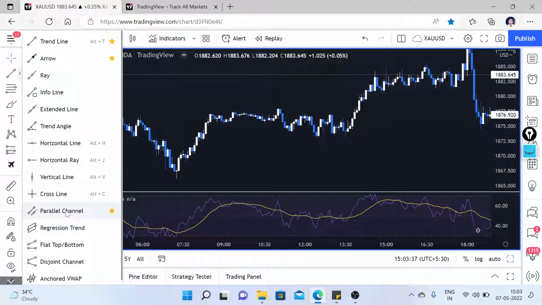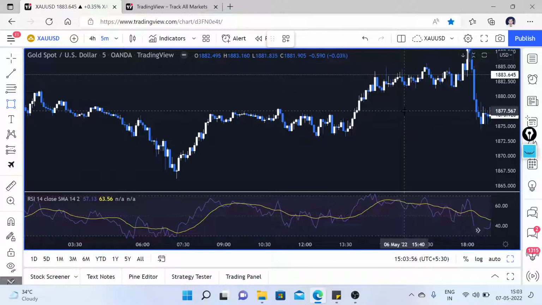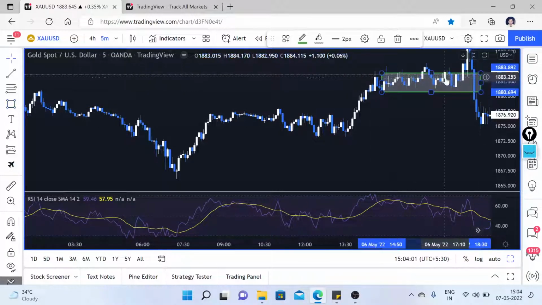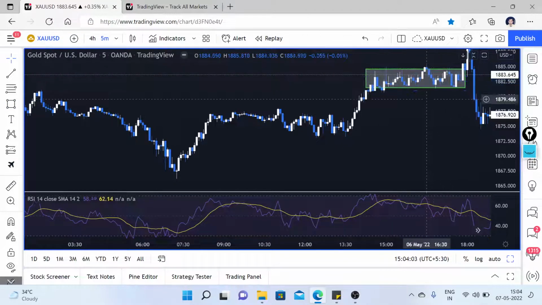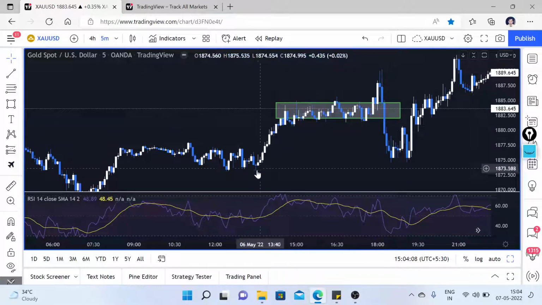So let's go with the simple horizontal lines first, I think. Also you can use this brush one to draw different things, like you can highlight, you can use rectangle, circle. So let's start with my favorite, the rectangle. So you can see at this section we have a consolidation. So in the consolidation, and let's do some,